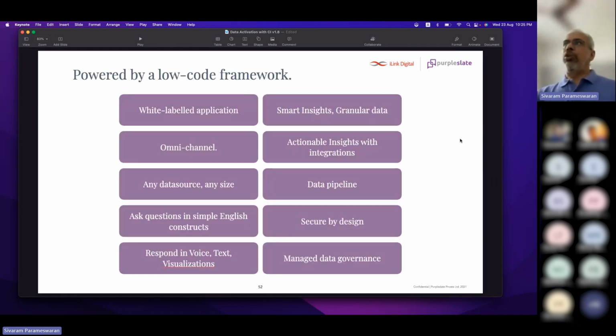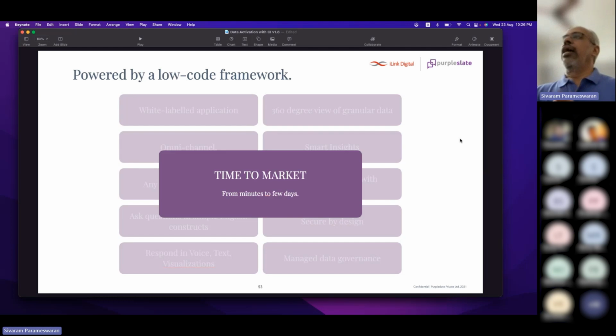As I said, it's a complete low code framework, and it's white labeled. Kia is a generic name, but the way it is being used is like Twinkle, Ginger, Erica, whatever it is, just like how we have Alexa or Siri. Customers brand it with their own name, and the colors, branding, everything is white label. You can customize it. The key thing is, where it really helps is with time to market. In no time, absolutely, without the need to write code to produce these dashboards. All it cares about is data.